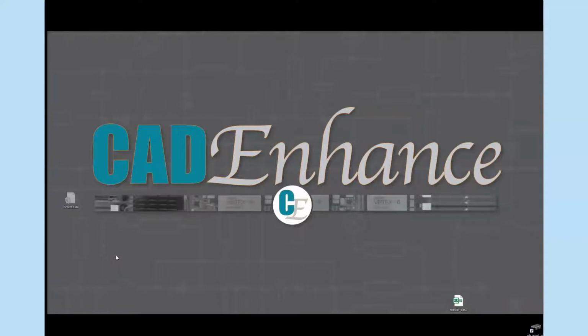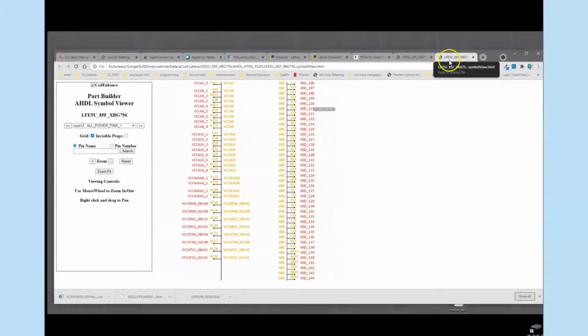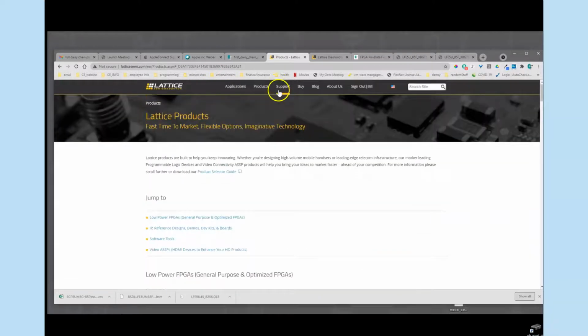In this video, we're going to show how to build a lattice part using the PartBuilder lattice physical flow, and we're going to show how to get the spreadsheet required from the lattice website. So I had a customer ask me for an LFE5U85F part. So if we go to latticesemi.com and we search the site for that